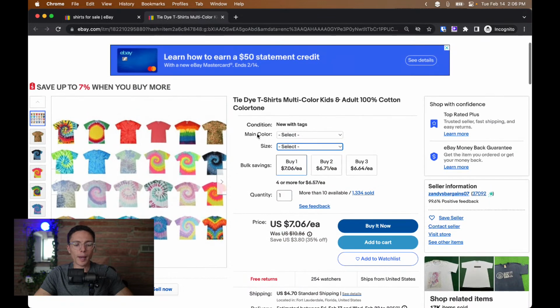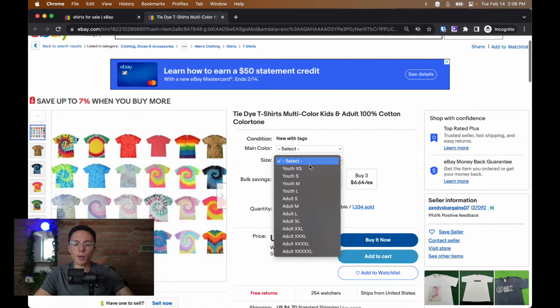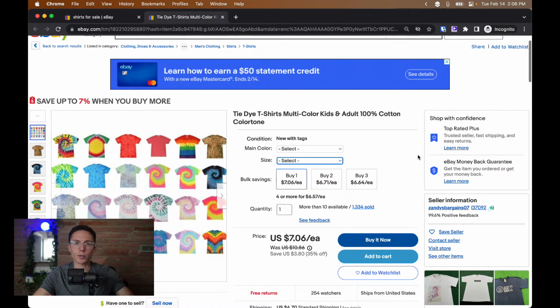And this is really powerful for a number of reasons. One, just because when a buyer comes here, let's say you're selling a small green shirt. Well, if they are a medium, then they're going to click away and not buy this. But if they come in here, they say, oh, I'm not a small, but I'm a medium. So I'm just going to select medium here. So there's going to be more customers for this.